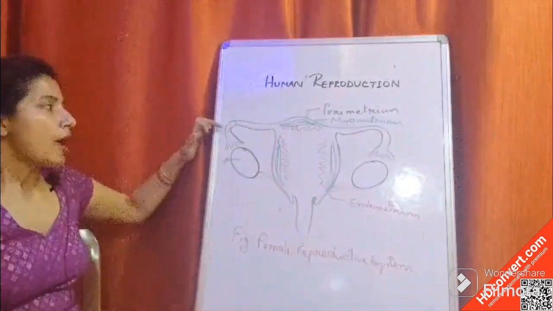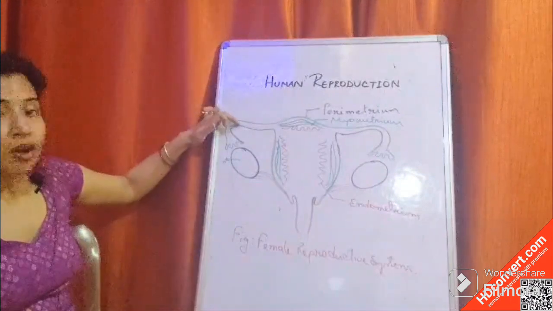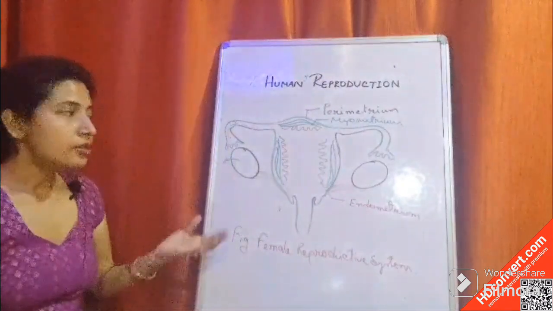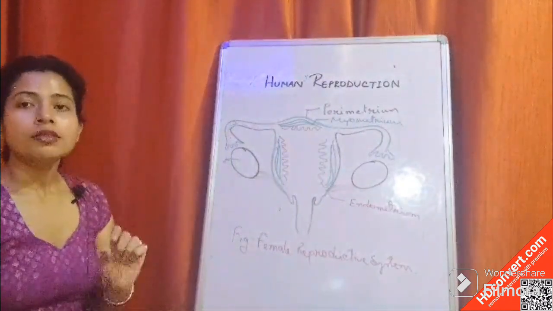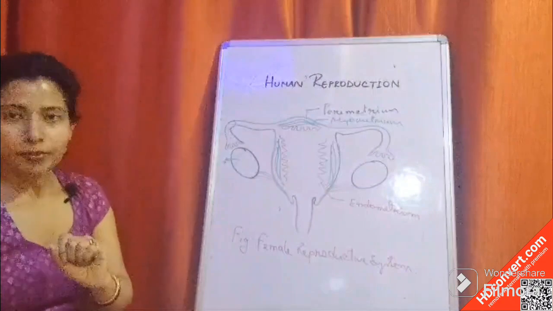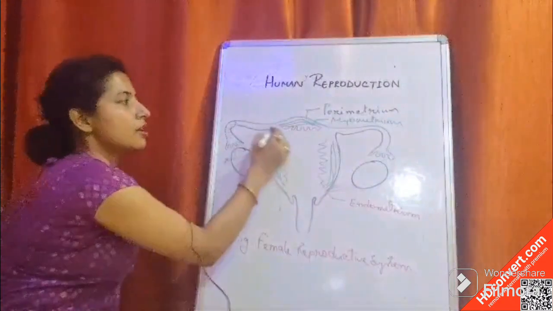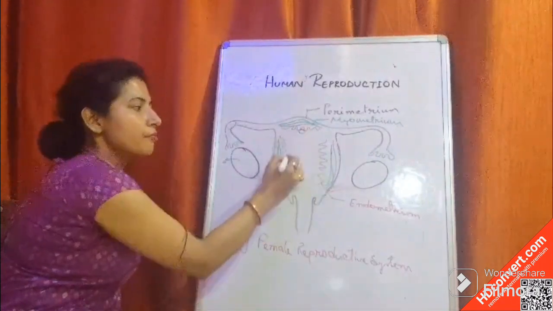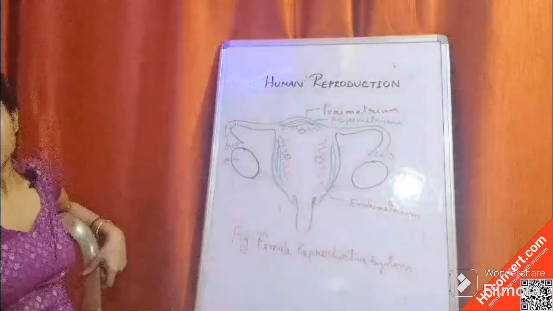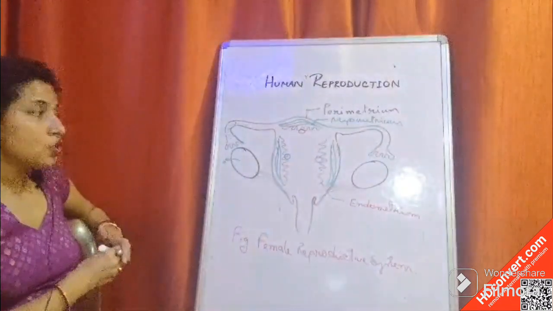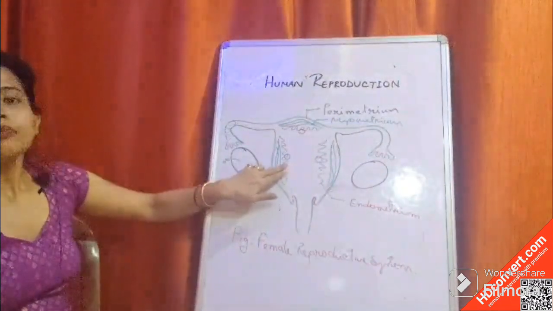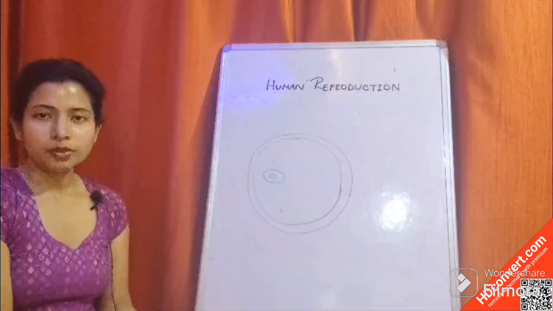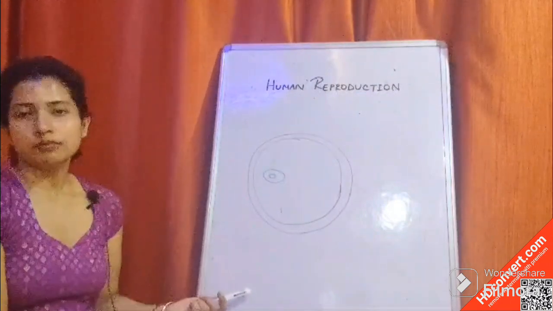The zygote is formed, and the zygote starts traveling for implantation. It finds the proper place, it finds the thickest bed for implantation, then it gets implanted in the wall of the uterus, maybe here or here. Okay, so the endometrium gets